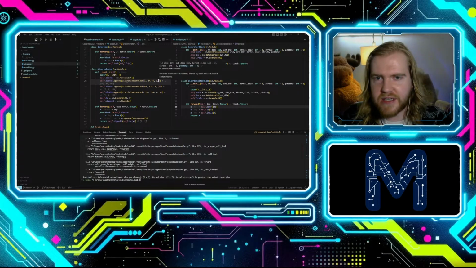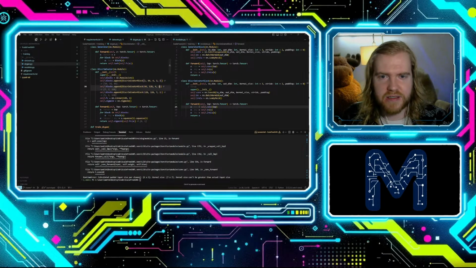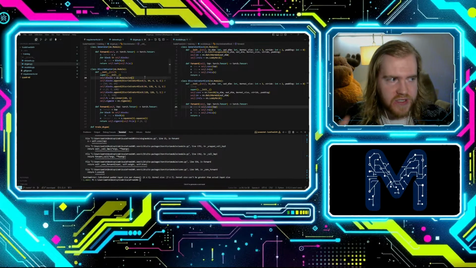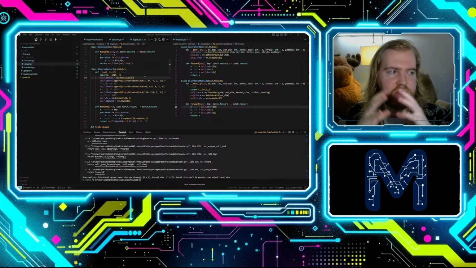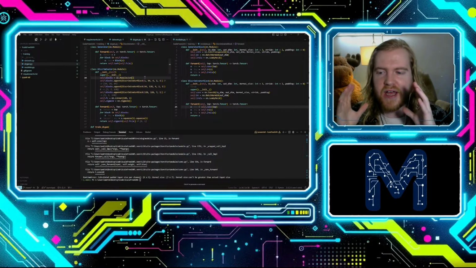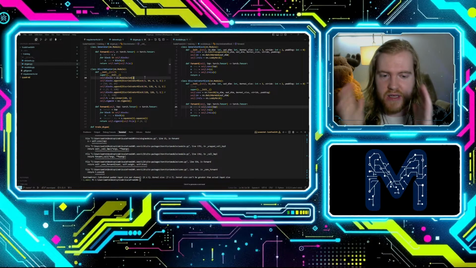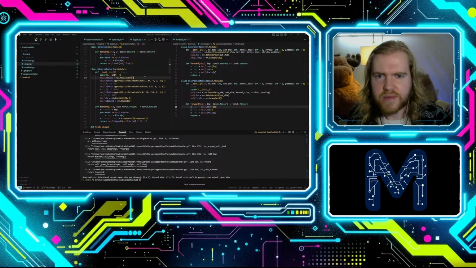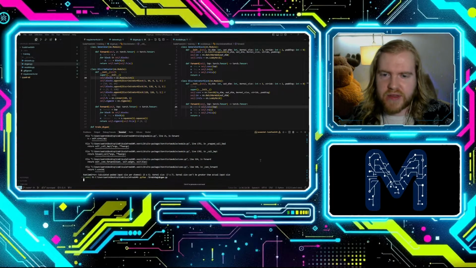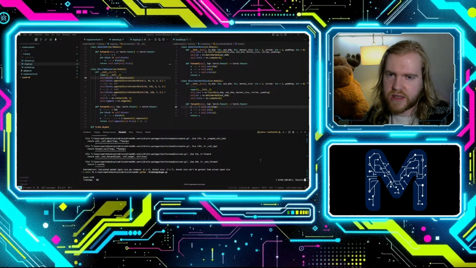Oh, I think it's because I need padding on these things. These things don't have any padding. And so when it shrinks it down, it'll shrink it down too much. Like it'll shrink it down by like an extra pixel. And then if you do that twice, the input size will be 2 down or 1 down. Something like that. But I believe that if I just add padding back,